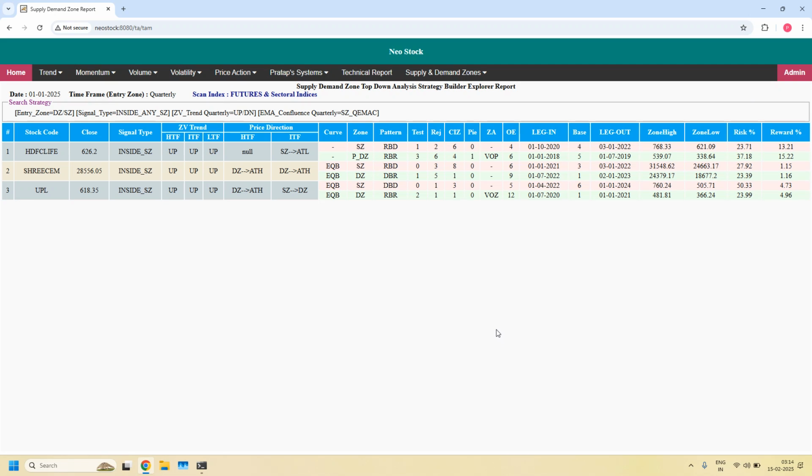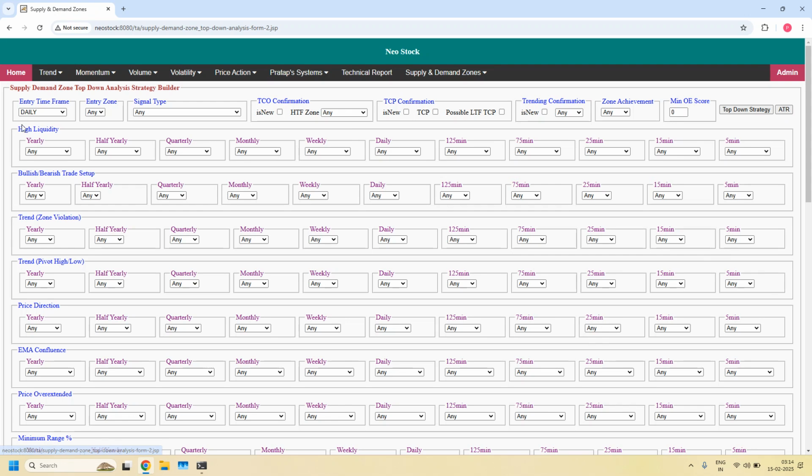That is how experienced people will be using these zones. You are yet to learn these strategies. These are all the advanced level. But anyway, some of the analysis our software itself is doing. Okay, next time frame is